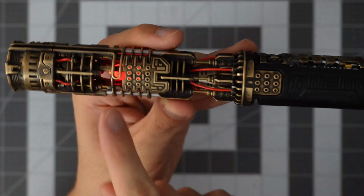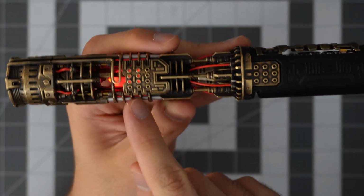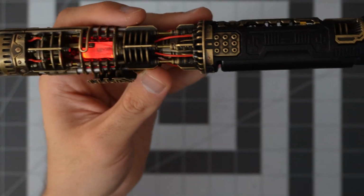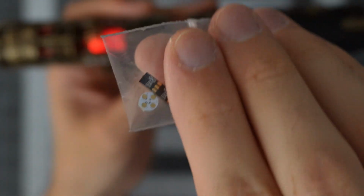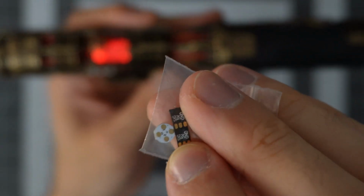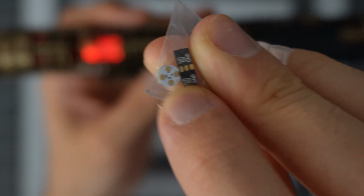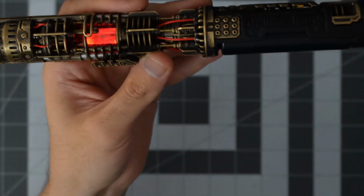I've got the NeoPixel crystal, not ring, crystal pixel, which I actually didn't use the one it came with because it was a micro pixel. It was this one actually. It was a different micro pixel, but as you can see with this one, it has a data in and a data out. This is a micro pixel that I would use for this build, but the one it came with did not have a data out, it just had a data in, and that would be a lot harder